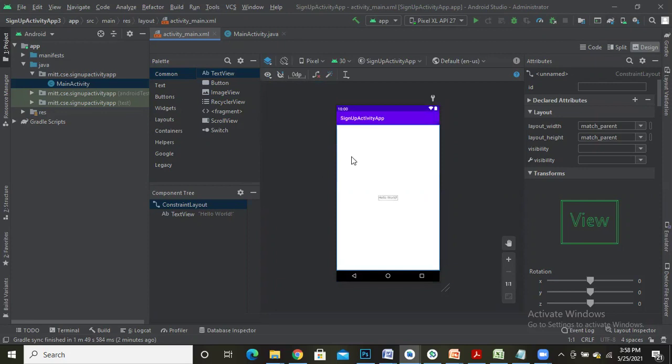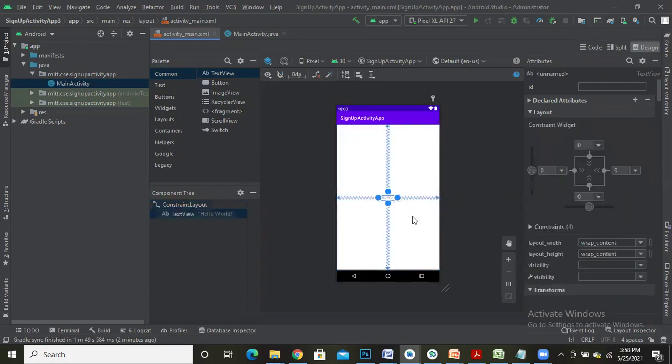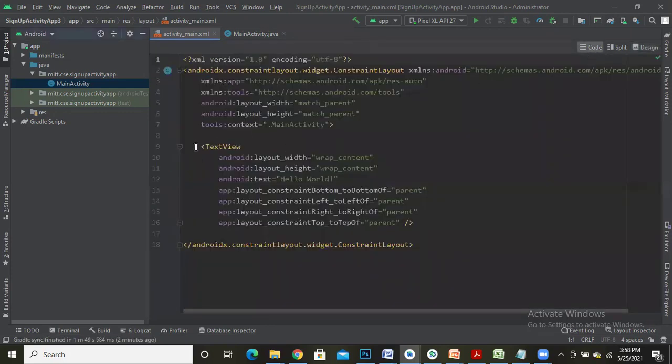Okay. So it's showing me sign up activity app. Let me remove this hello world. Go to this code, remove the text view, or instead of removing, instead of hello world, let me name this as sign up.